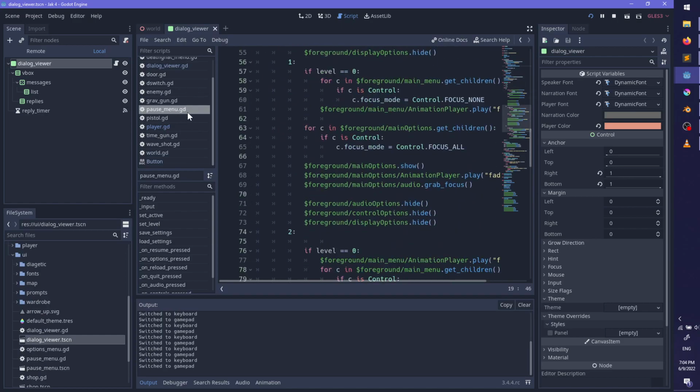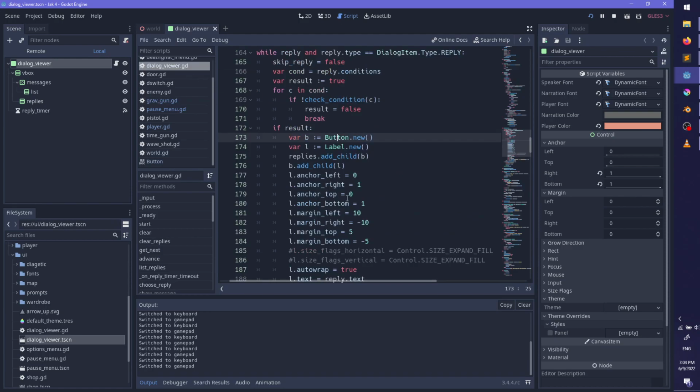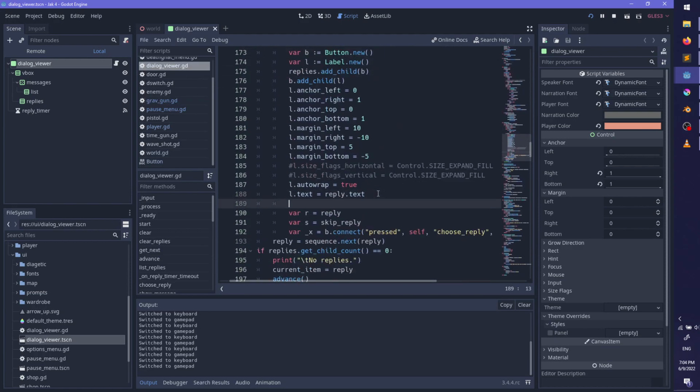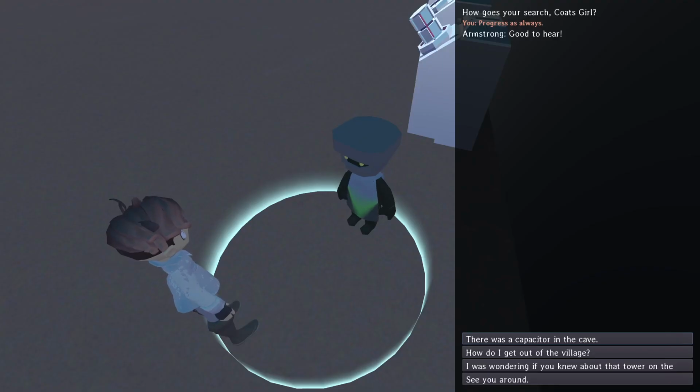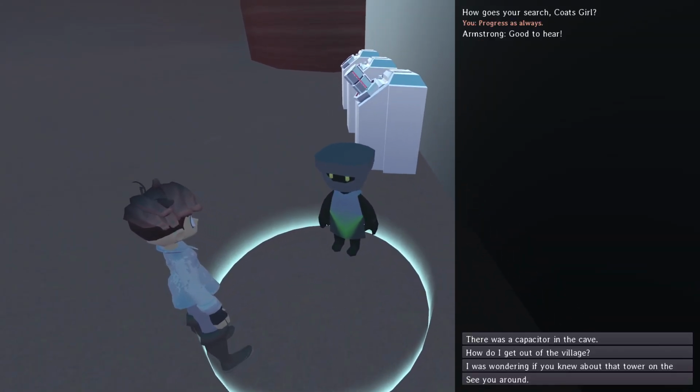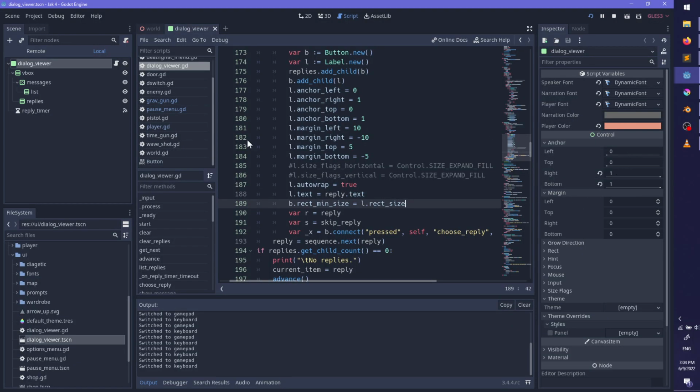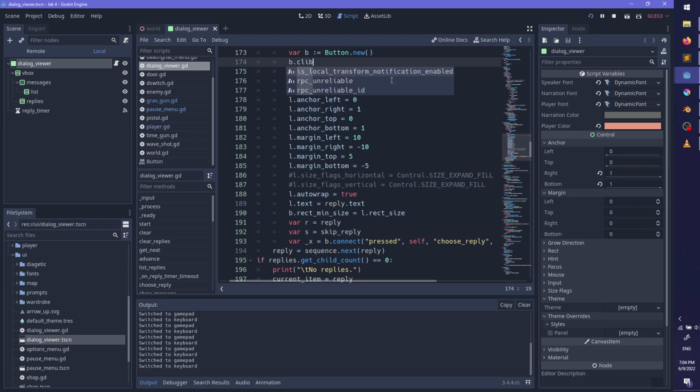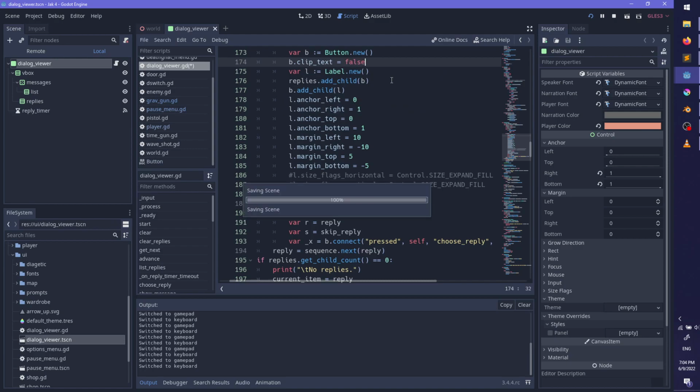Let's just do like v dot rect min size equals l dot size. Okay, cool. V dot clip false.